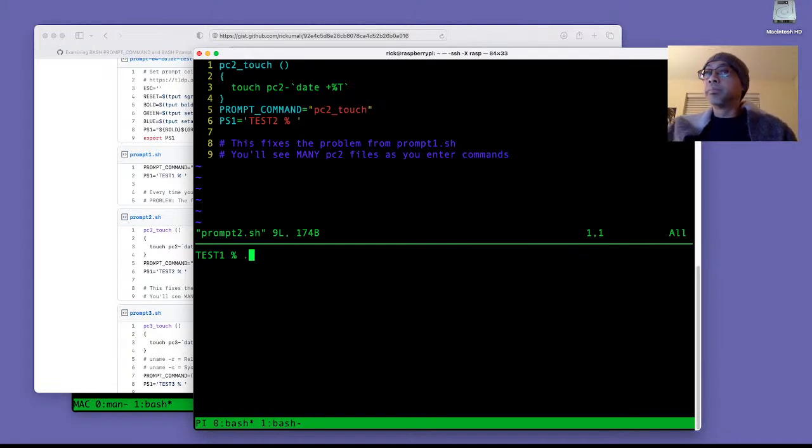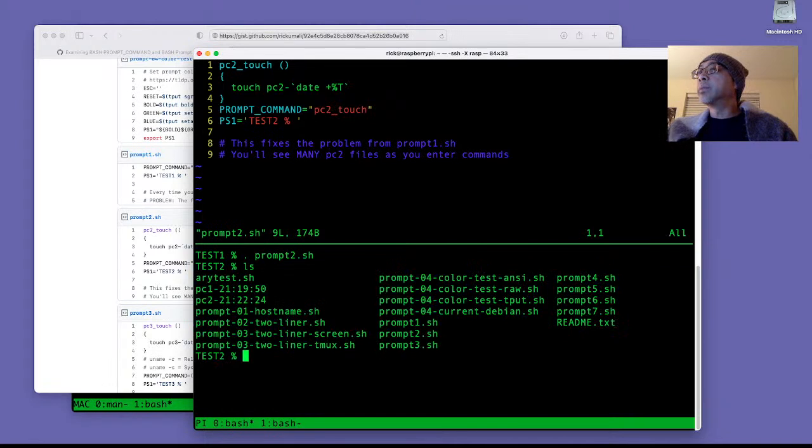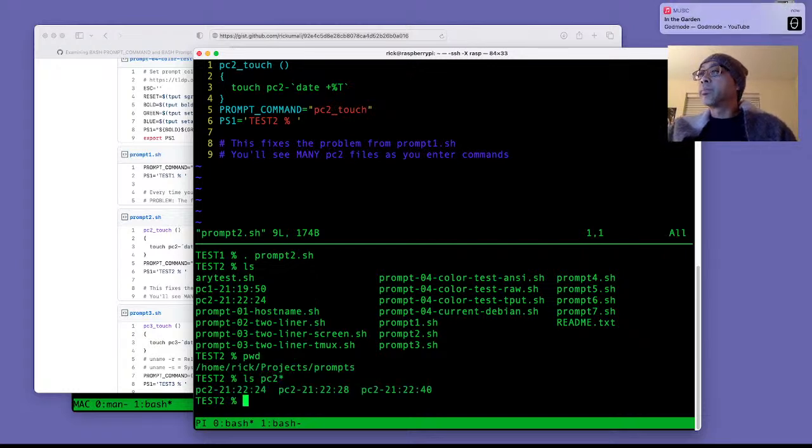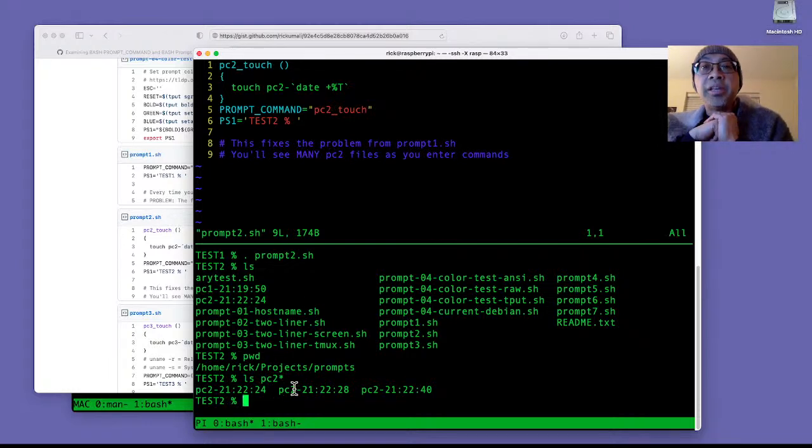So if I do prompt2.sh, when I do a listing of the files in this directory, I'm going to see PC2 and then the date. But now if I were to print the prompt again by just running a command, now I'm going to see more than one PC2 file. It's a very